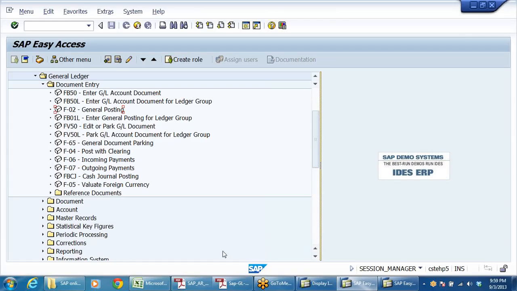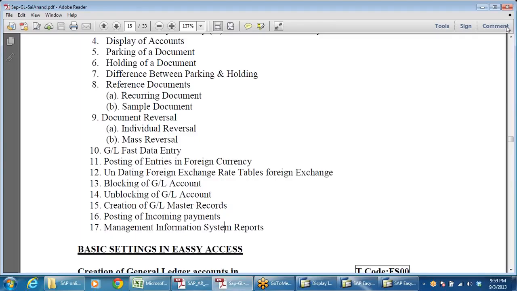Any doubts in general ledger accounting? In your practice, do you find anything? Anusha, do you have any doubts? No, I'm good. Okay, Mr. Prasad, have you started practice?